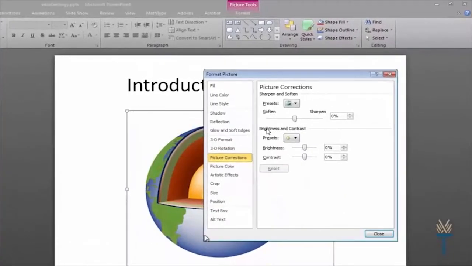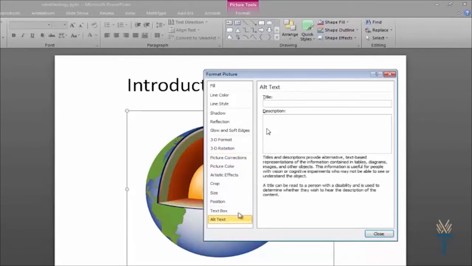The Format Picture dialog box appears. From the menu on the left, select Alt Text. We'll write our alternative text in the description field. For this image, I think the alternative text, cross-section of Earth, will suffice. If you're not sure what would be a good option for a decorative image, you could simply say decorative image. When a sight-disabled learner hears this alternative text, it will be clear that there's no important information in the image.